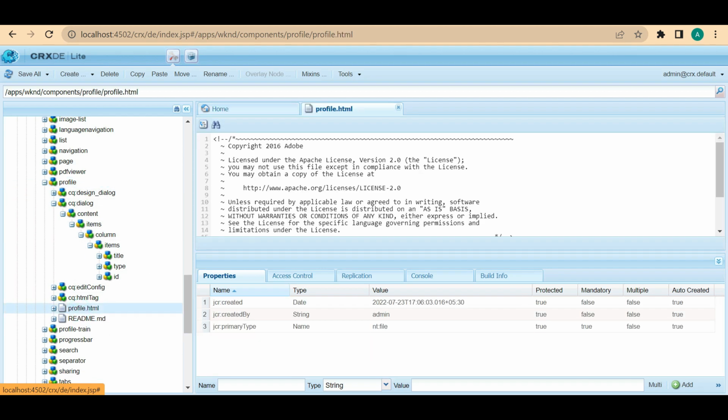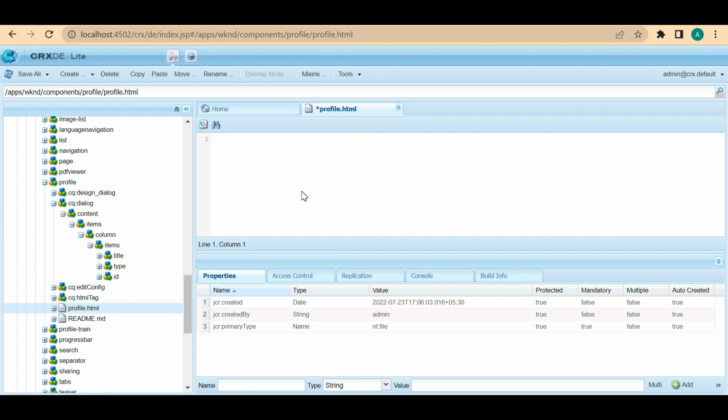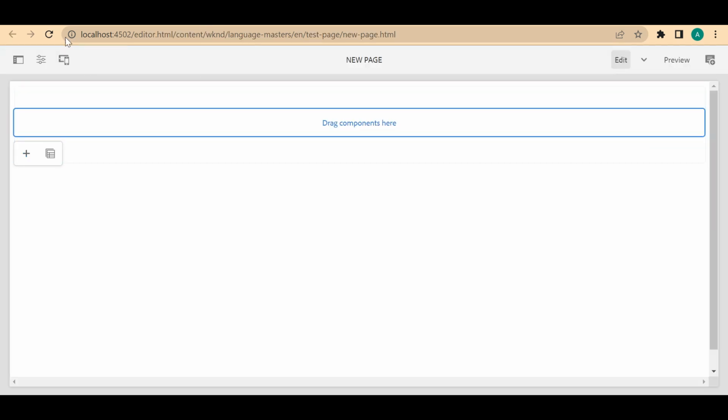Now I just have to open this. I'll remove whatever code is already existing, and then I'll put some h1. First, always make sure you are testing that component. So I'll just say a profile page. I just hard coded this and I will add this onto the page and see if this will work or not. Now I'll refresh this page